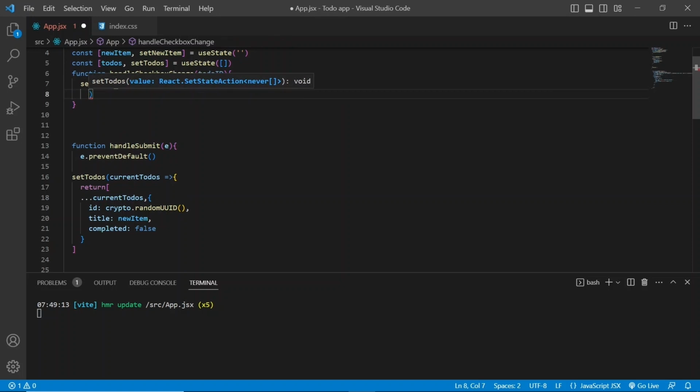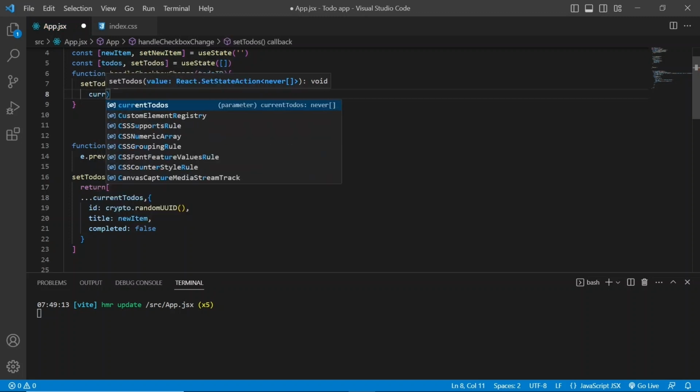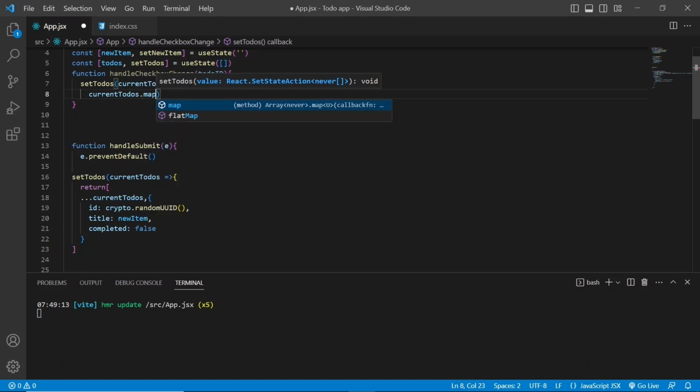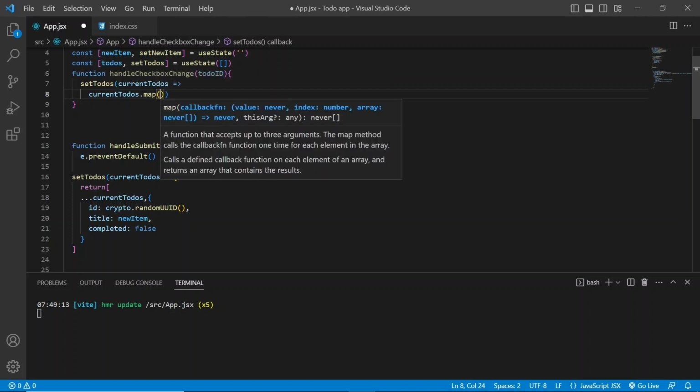It will use this set to do's function to update the to do state. So current dot, then after we iterate through our current to do,